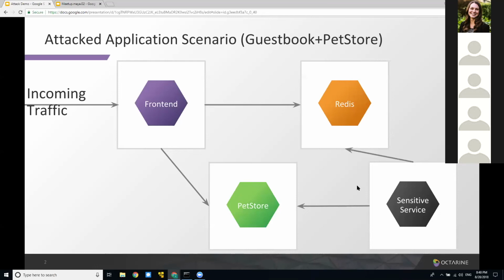But more complicated scenarios usually appear in real-world, cloud native applications. We can't completely disable, for example, the communication between the front end and Redis, or the front end and the path store, because they have to communicate with each other.